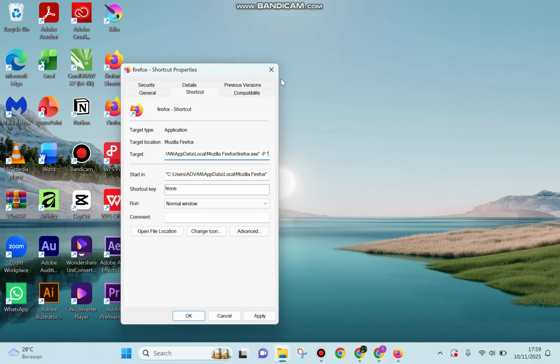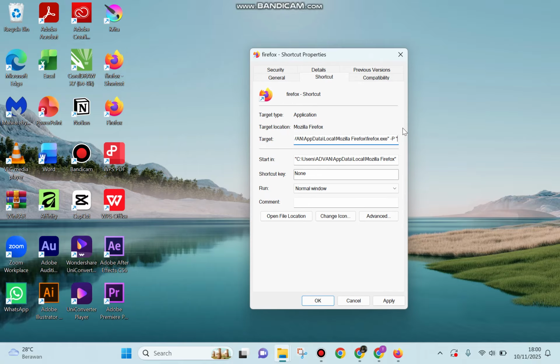And for example, you can put the profile name, which means this is the shortcut to open a specific profile. For example, I will make it for user1,